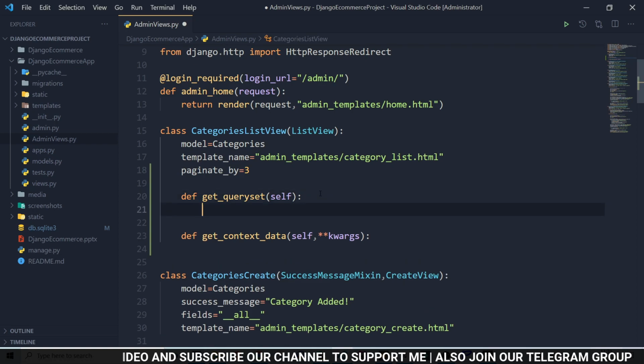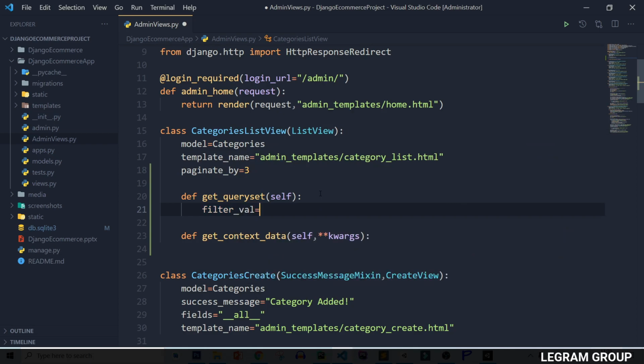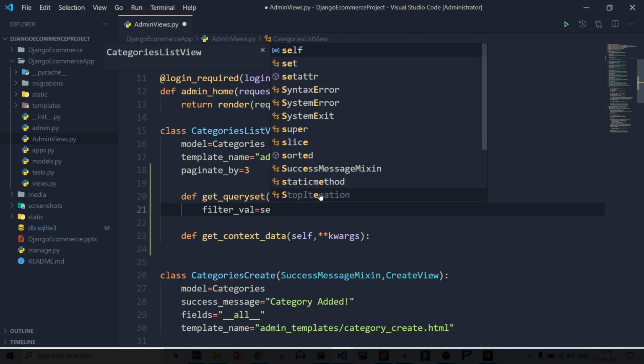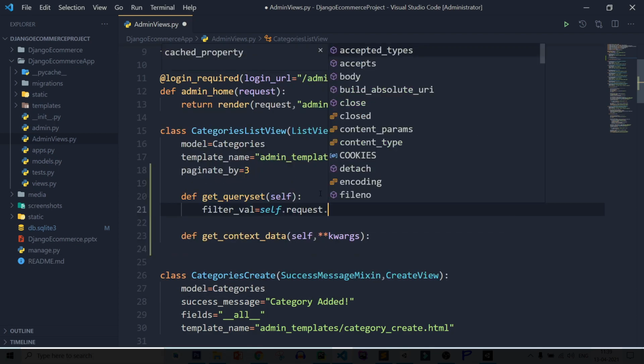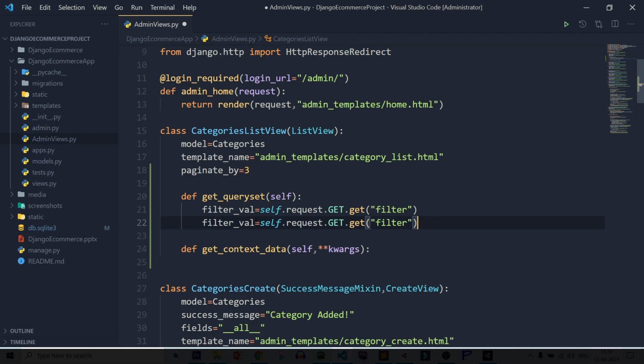After that, here first let's work on query set. So here let's see, first you need to add filter data. So filter value equal to self dot request dot get filter, next is order by, then here you need to add order by.